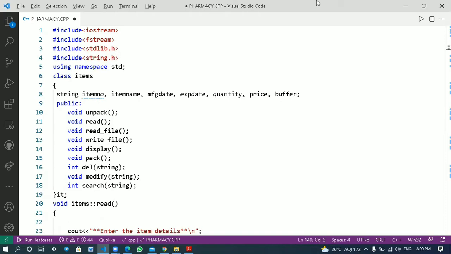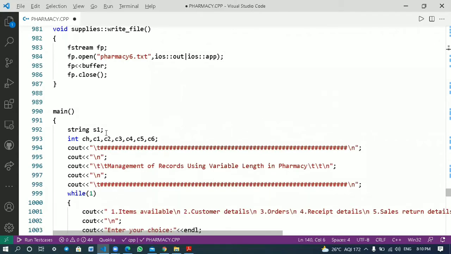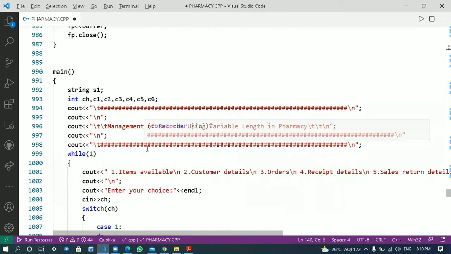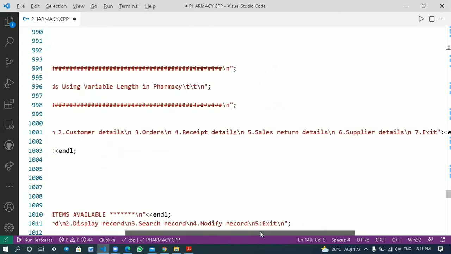First, let us see the main function. In the main function, here we are declaring a string S1 and 7 choices, that is CH, C1, C2, C3, C4, C5 and C6, and we are displaying the name of our mini project, that is management of records using variable length in pharmacy using cout, and in the while loop we are displaying the classes present in our mini project, that is items available, customer details, orders, receipt details, sales return details and supplier details, and 7 for